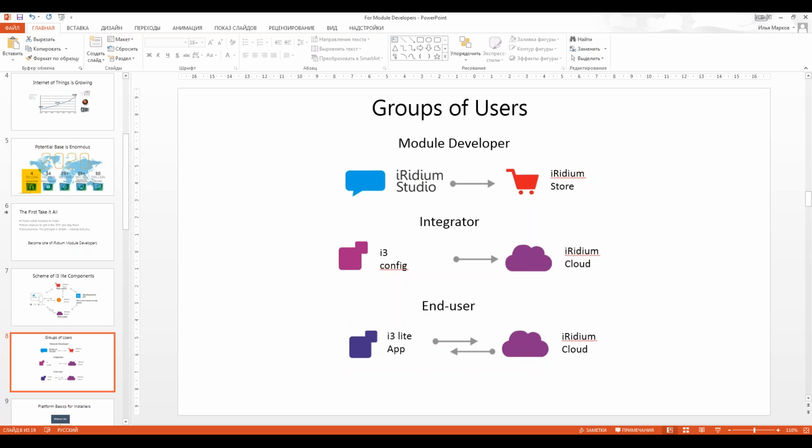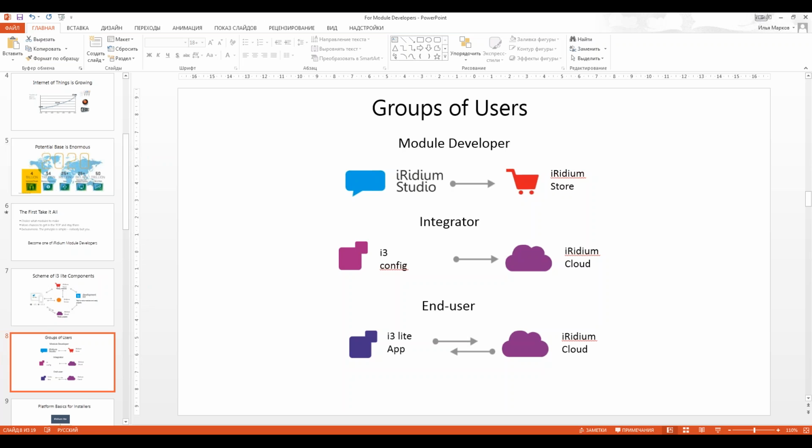And the third group is the end user, who should use the iRelight app on the mobile platforms. They should download the project from iRidium cloud, and with the help of that project, they can control their smart devices. So it is simple too.